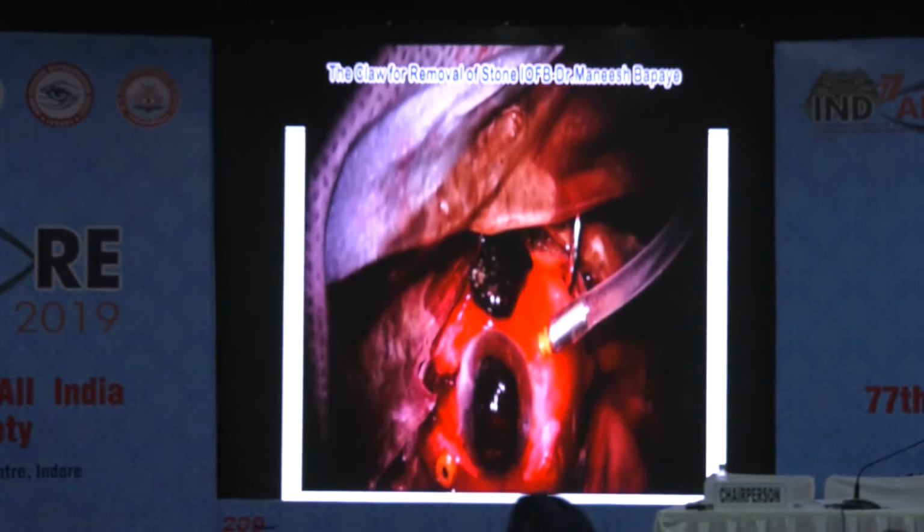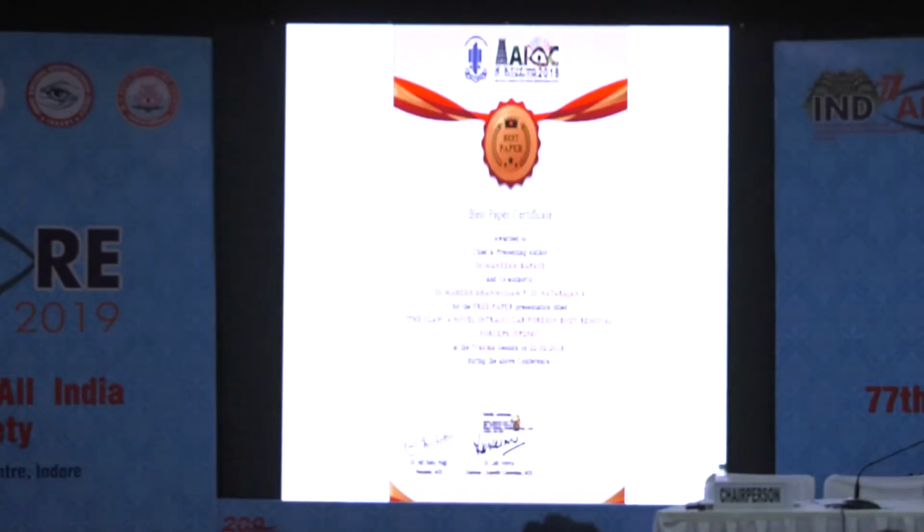So it helped me in a similar situation, what I could not do before and what I could do after, and how it helped society at large, because this was the device which was used in Kashmir in 2006 when pellet gun trauma was at its peak. Though I developed it for my needs, it became useful to society at large as well. I presented it at last year's AIOC meeting, and AIOS was very kind and gave me this award of best paper in the trauma session.